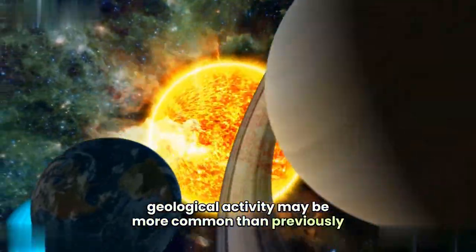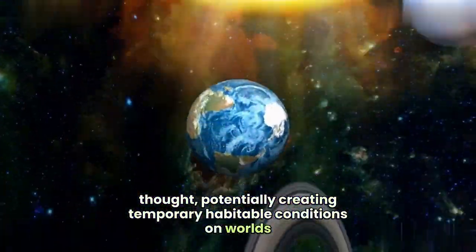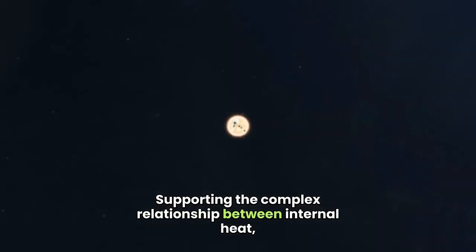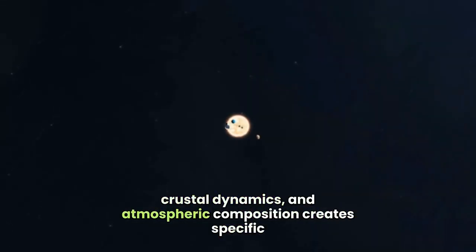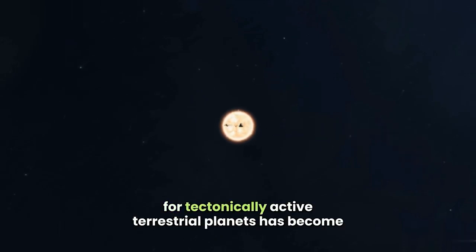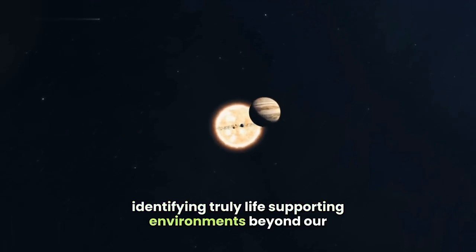be more common than previously thought, potentially creating temporary habitable conditions on worlds not traditionally considered life-supporting. The complex relationship between internal heat, crustal dynamics, and atmospheric composition creates specific requirements for sustained habitability, explaining why searching for tectonically active terrestrial planets has become a priority in exoplanet research focused on identifying truly life-supporting environments beyond our